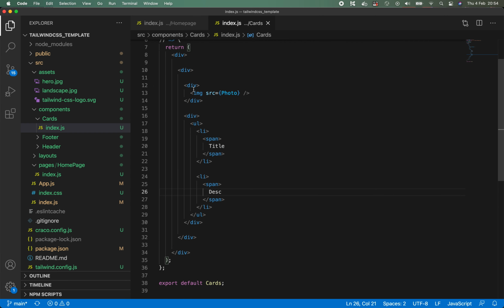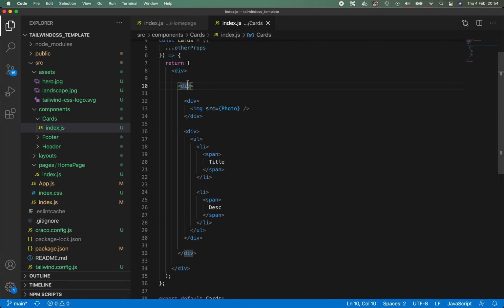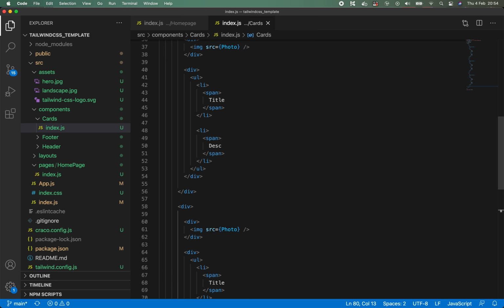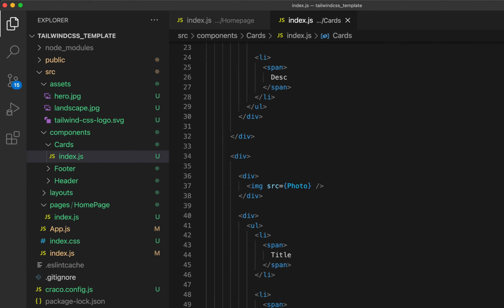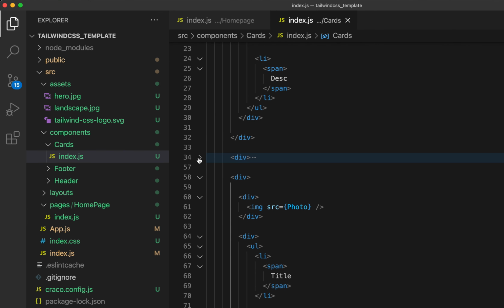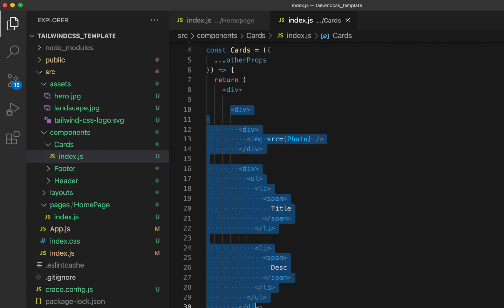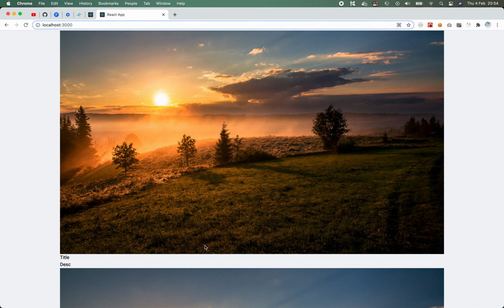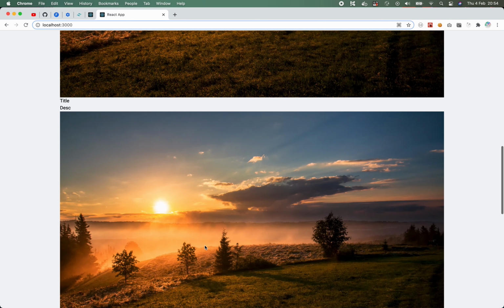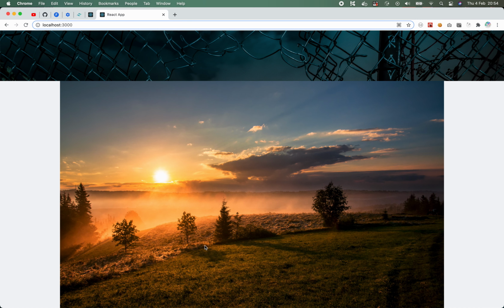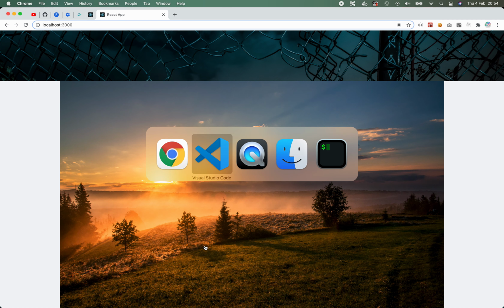So what we can then do is just duplicate these cards, right? So I'm going to duplicate this 2 more times. But just so that it's easier to work on, I'm going to collapse these other 2, and we're only going to be working on this one individual one. But the reason that I've duplicated it is because that means we now have 3 which sit in a row, and I can start working on the styling, right? So the first thing I'm going to do